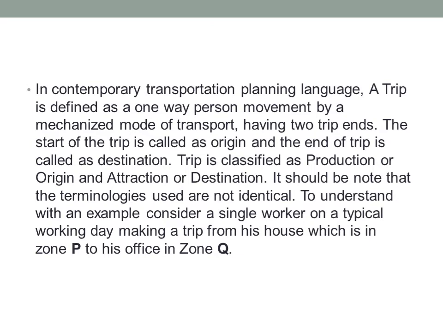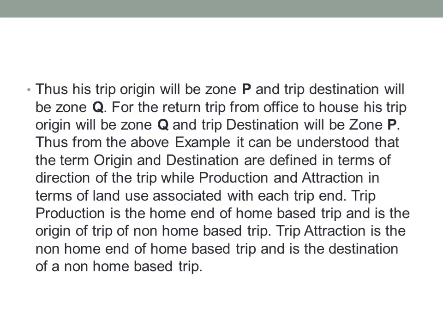It should be noted that the terminologies used are not identical. To understand with an example, consider a single worker on a typical working day making a trip from his house, which is in Zone P, to his office in Zone Q. Thus, his trip origin will be Zone P and trip destination will be Zone Q. For the return trip from office to house, his trip origin will be Zone Q and trip destination will be